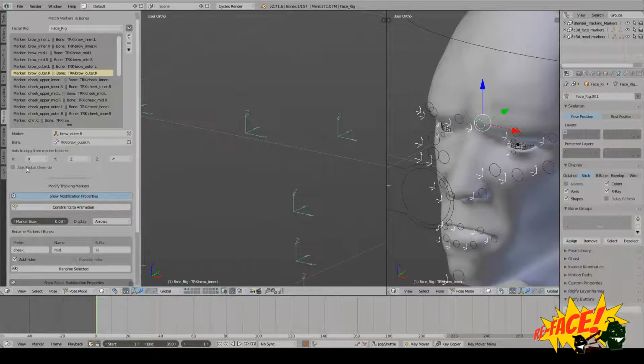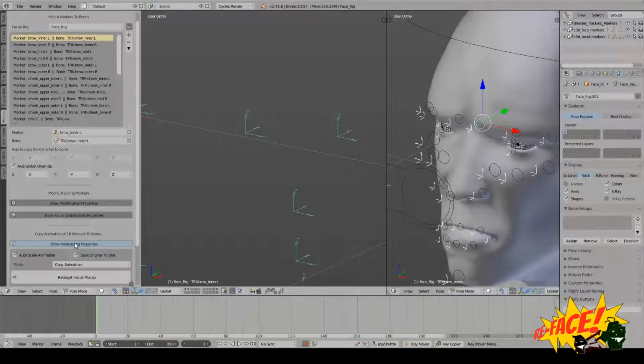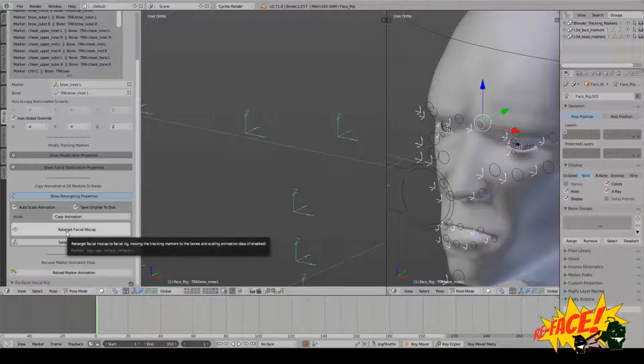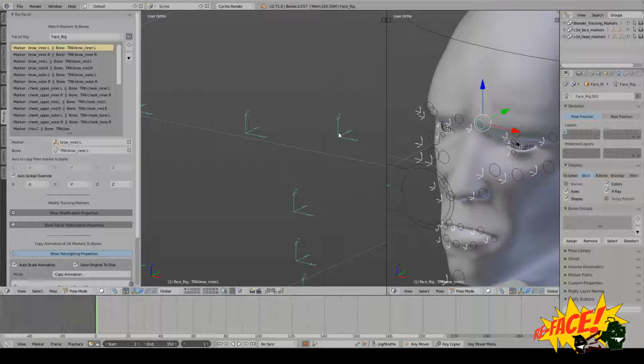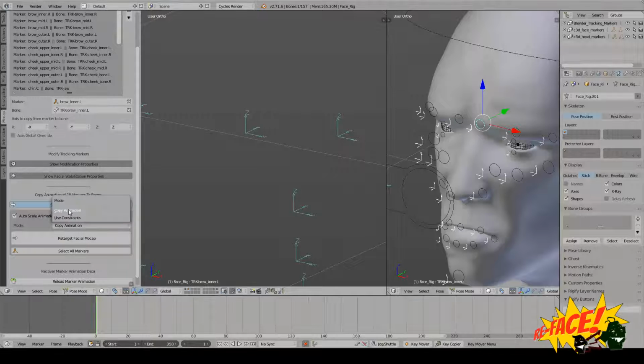What I can do instead is use an axis global override. I would copy the x to the negative x, y to the negative y, and the z to the z. Now, if I was to go ahead and retarget the facial motion capture, it would copy all the animation data correctly. I'm not going to do that right now because I am going to use constraints